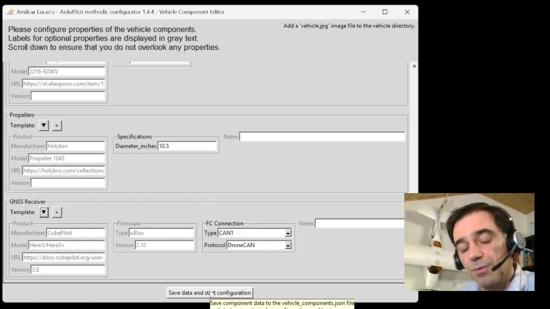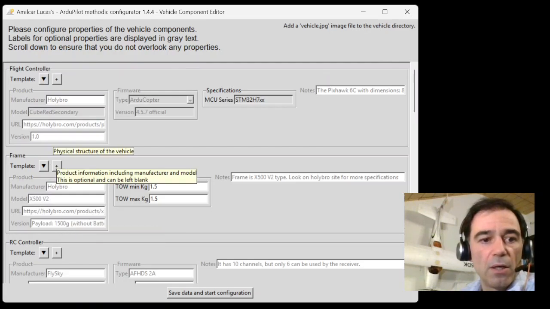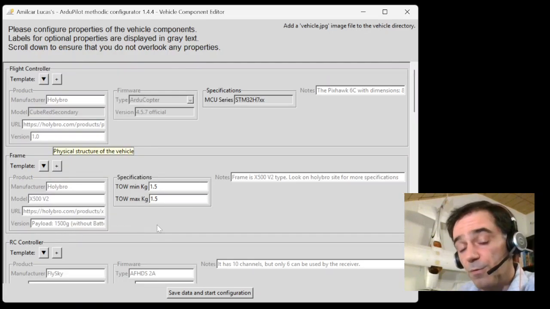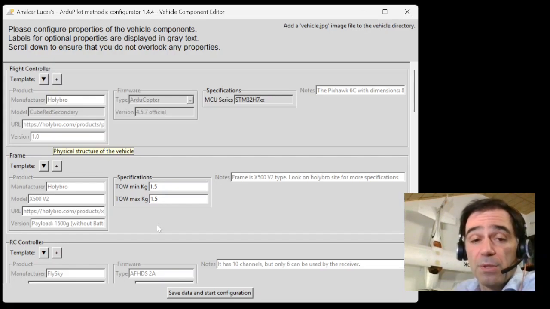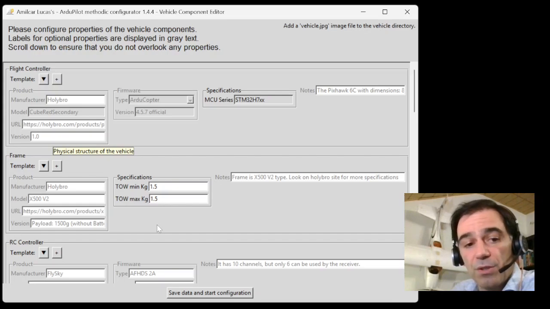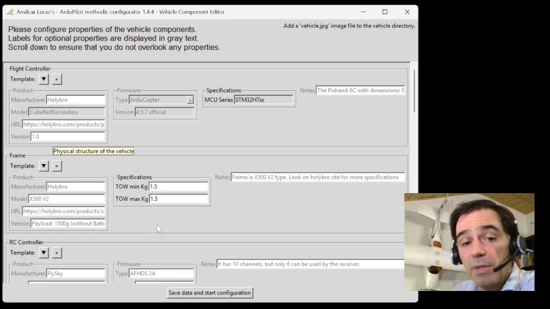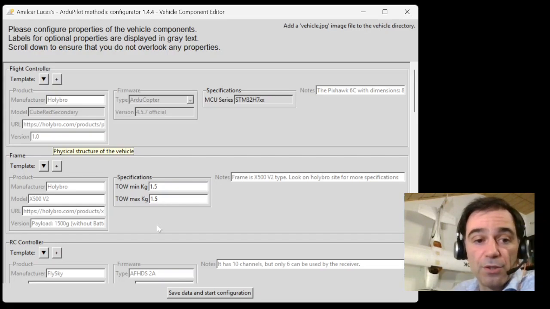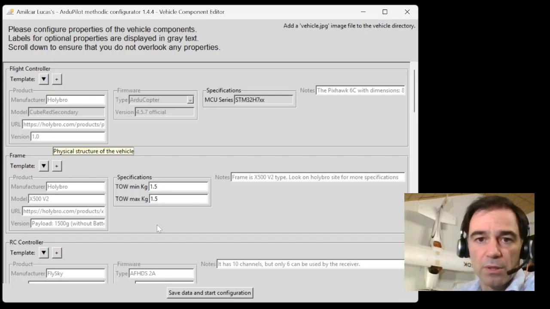I have done all the configuration for the components that are mandatory. But I would really like to add all the information, even the optional information, because it helps the future me in a couple of months know what components are in my copter, helps somebody else that's reviewing the configuration of this copter, and in the future, the ArduPilot Methodic Configurator might start using that information and or feed that information to an AI to help you configure. If you're lazy and you do not input that information right now, later on you're probably going to regret it. So we'll do it correctly, we'll do it methodically.